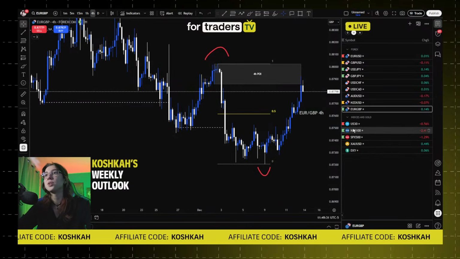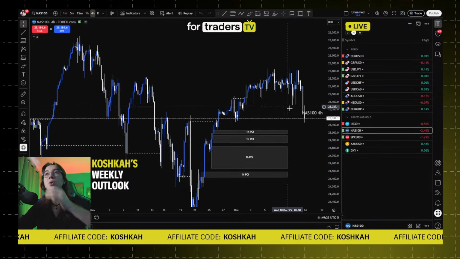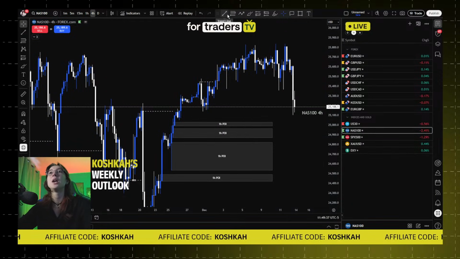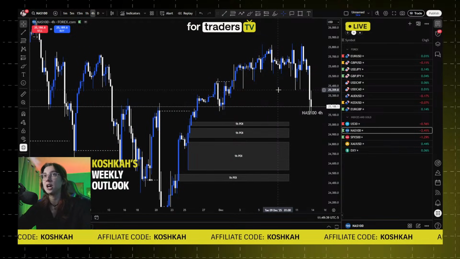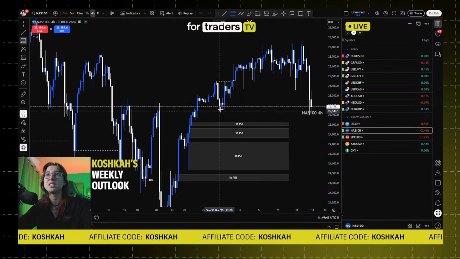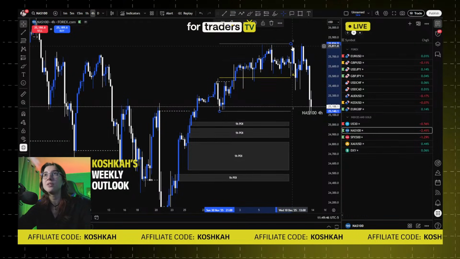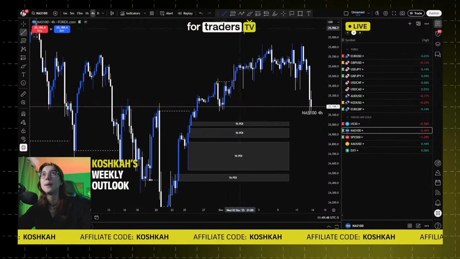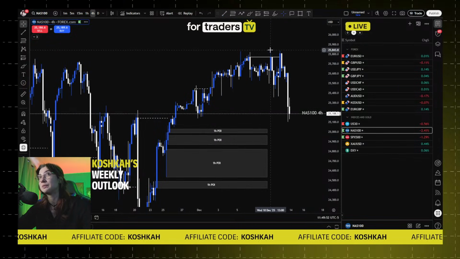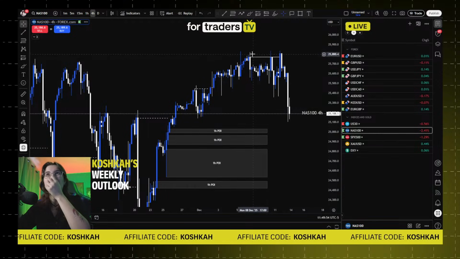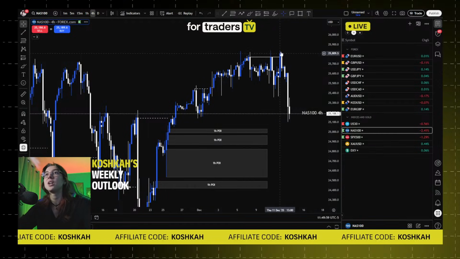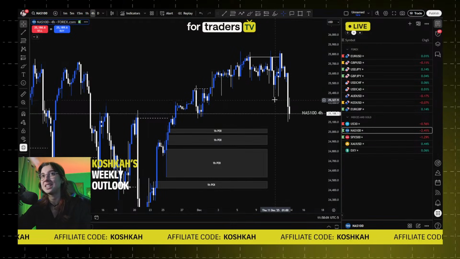Okay, so let's just finish with NAS. NAS, same thing. We've been pretty aggressive, as you can see exactly right here. We've been pushing multiple times to the upside. So break of structure here, and we created basically this range, and the previous range was there. But we also create a new range right here, kind of, but that's a lot of highs at the same level, looks like liquidity. Basically we created a new break of structure right here.